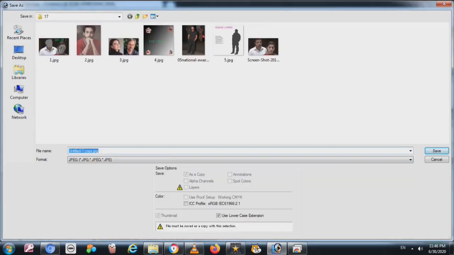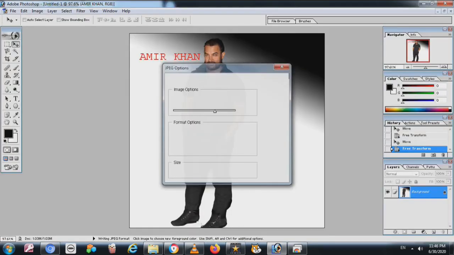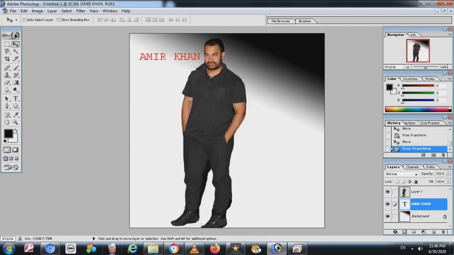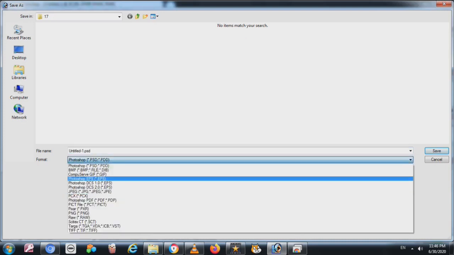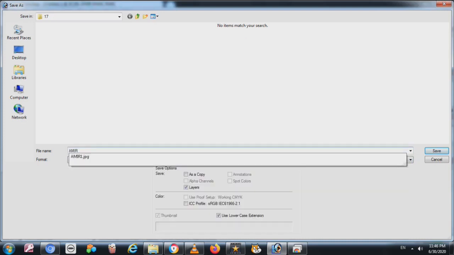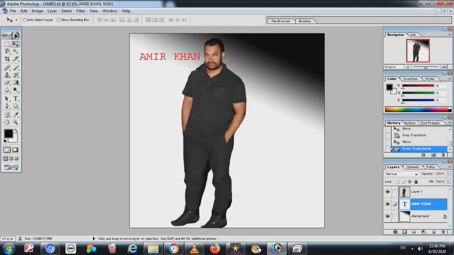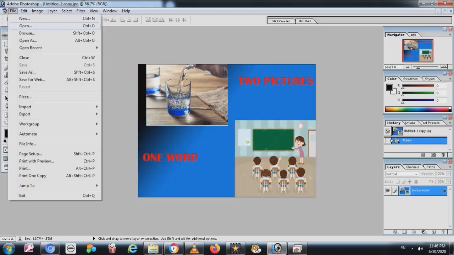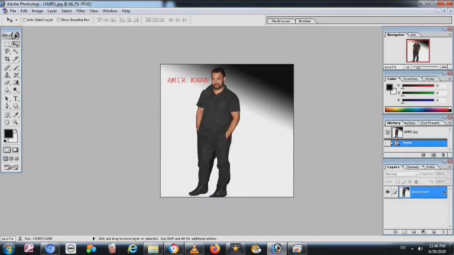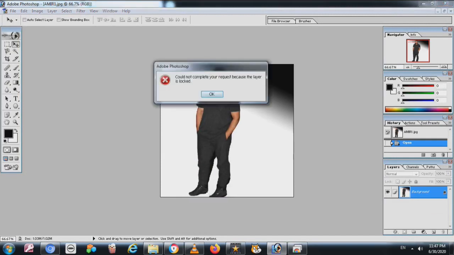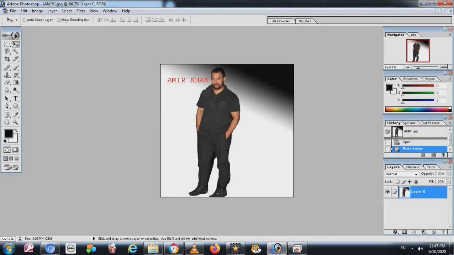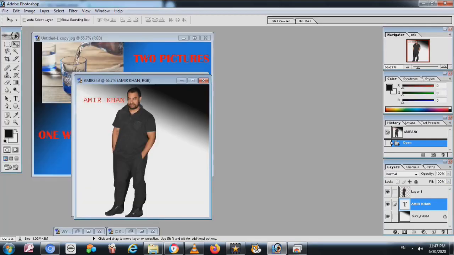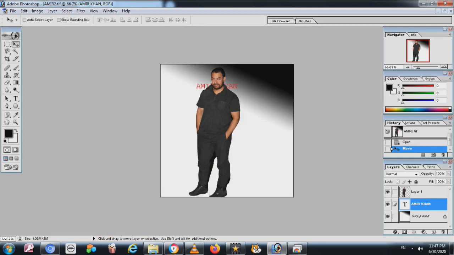Now if you want to save in JPEG or TIFF, I told you last time the difference between JPEG and the TIFF. Now again I save in TIFF. Now you can select the last one, extension, press OK. Now I open first JPEG, so you will see the difference again. See, I unblock this layer, so the whole picture is moving. This is JPEG. Now I open the TIFF, so you can see the layers will move